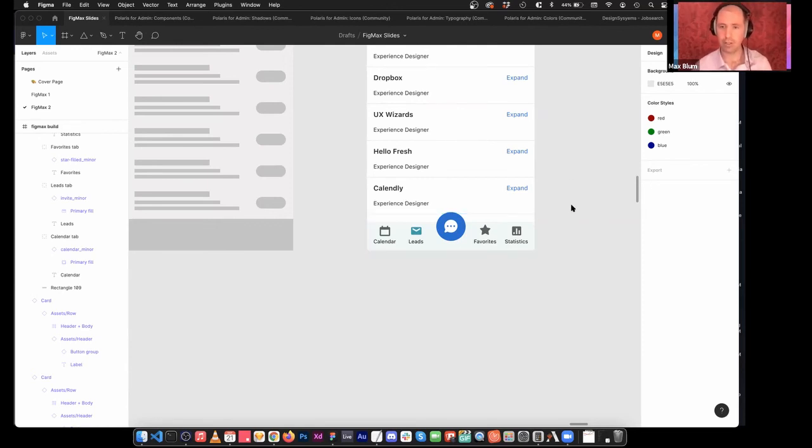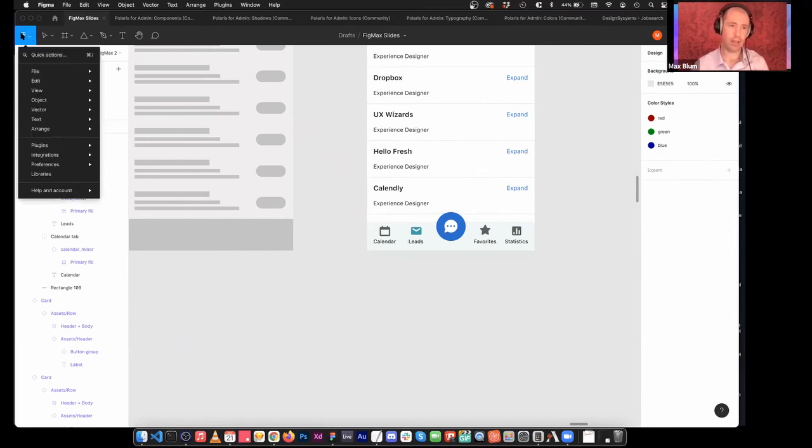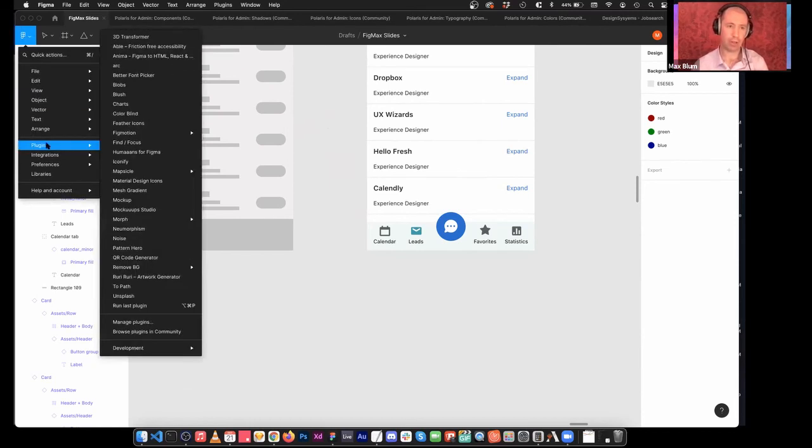I like this one because it's easy. Does everybody know how to get plugins in Figma? Because Figma is really, really heavy on plugin use. Very, very helpful. Do you guys know how to get to that? Sure, yeah. So you're gonna go over to here in that Figma menu tab, go to plugins, and then you can go to browse plugins in